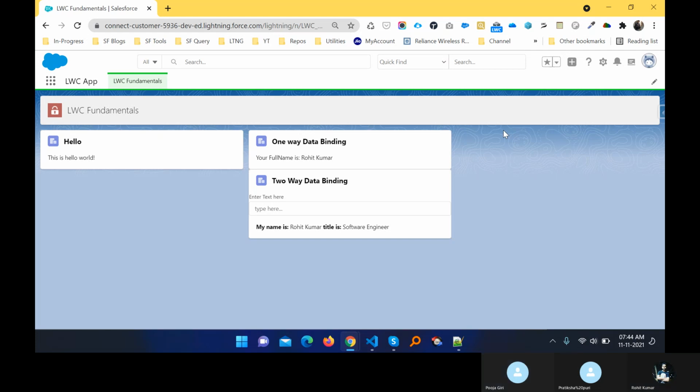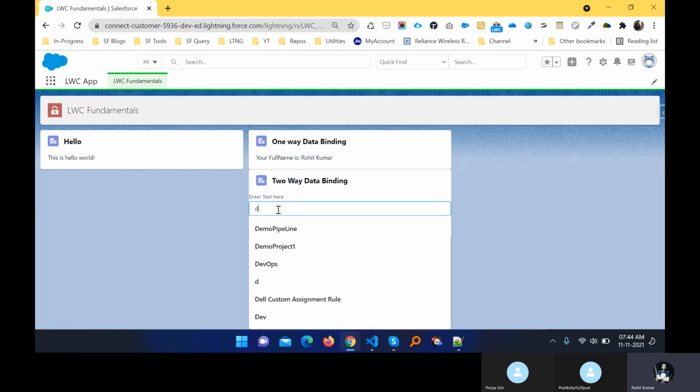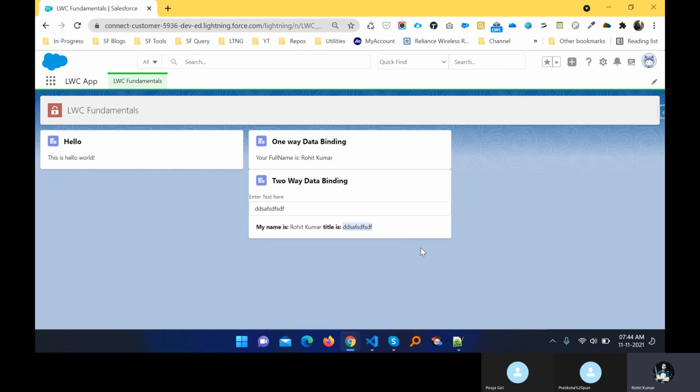Okay, fine. That's great. So here you can see this is the simple data binding. This is a one-way data binding, and this is a two-way data binding. We already discussed this. For now you can change something here, and it automatically changes the title because I already took the title, right? So it's time to do another example, like some arithmetical operations. With the help of arithmetical operations you can easily understand the methods and properties, right?